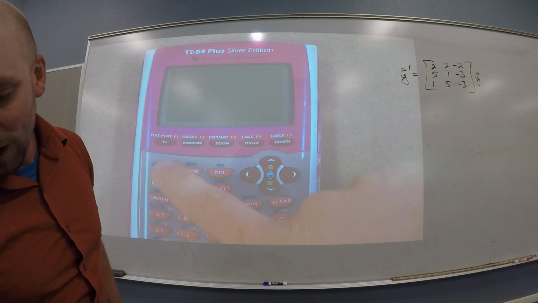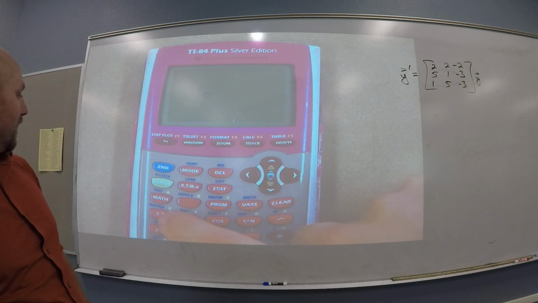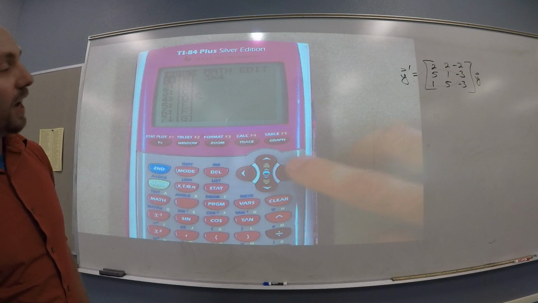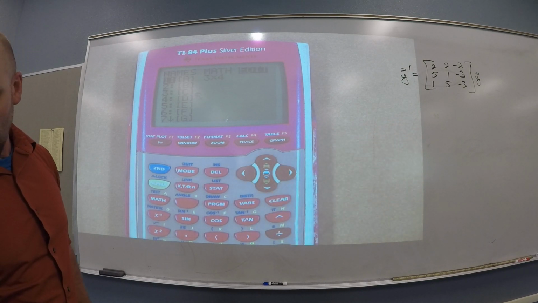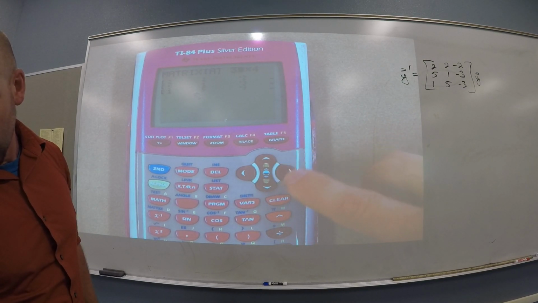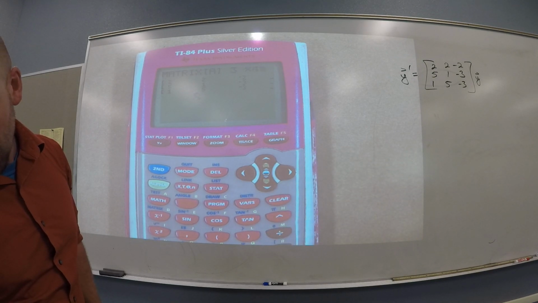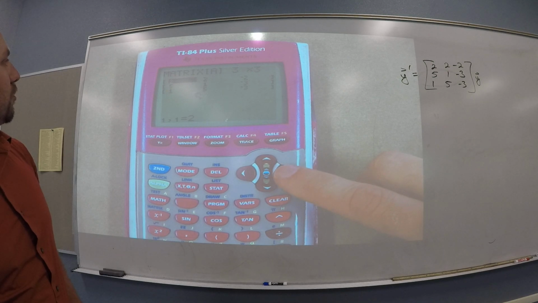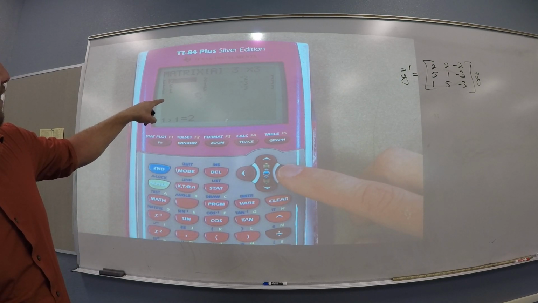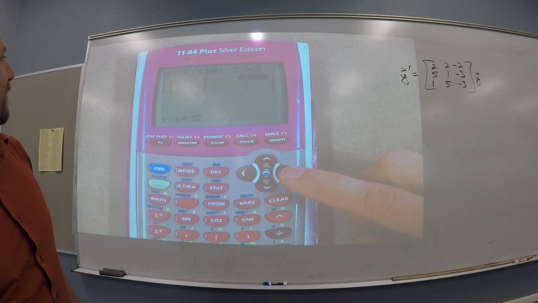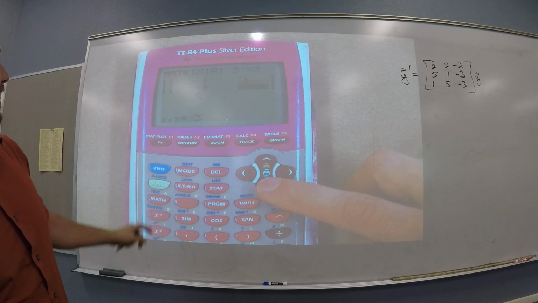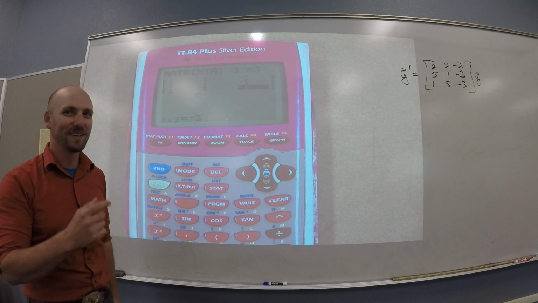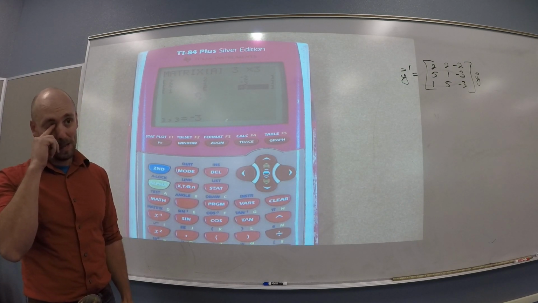So if I go into second, and then there's this matrix button down here, and then I want to go over and edit matrix A, and I want it to be a 3 by 3 matrix. 2, 2, negative 2, 5, 1, negative 3, and 1, 5, negative 3? Yes! Thank you for saving me some time. Okay, so